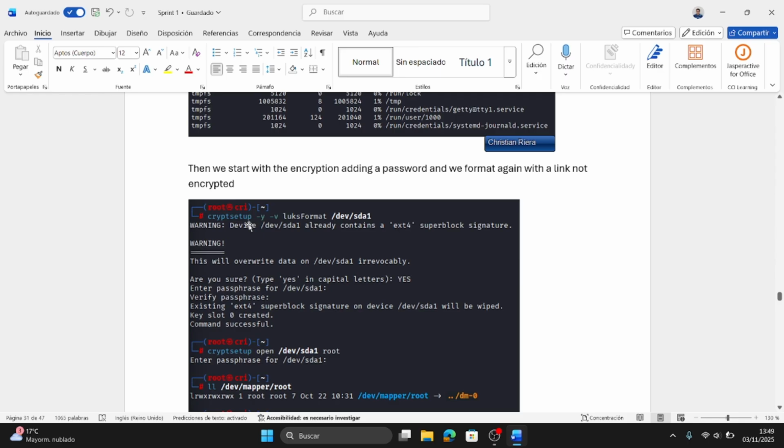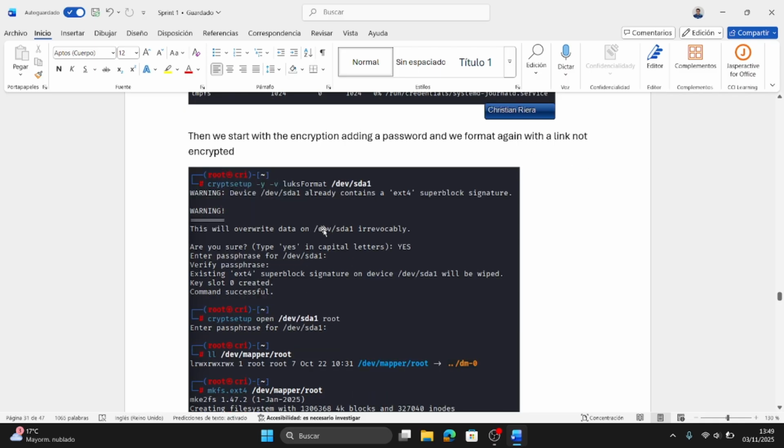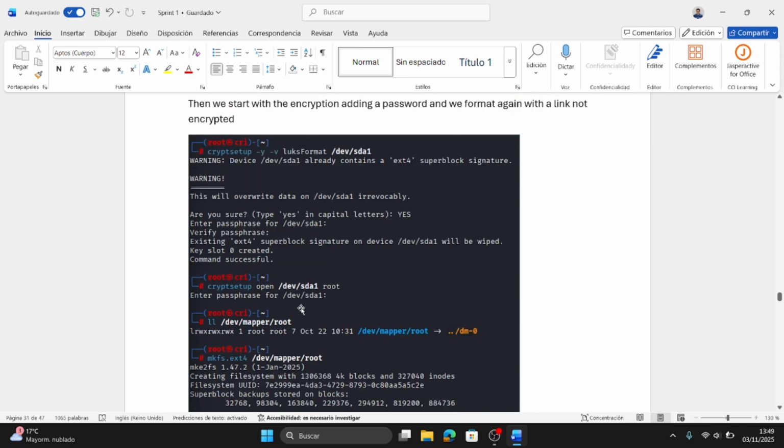Now with cryptsetup, we put this command and the partition, and we start the encryption process. We put this command to open the partition in root mode, and we enter the password of the partition.